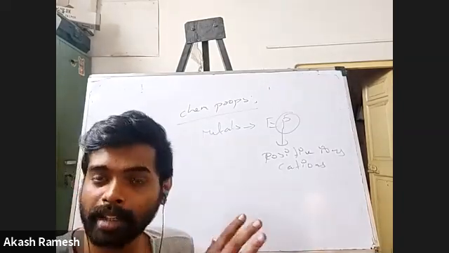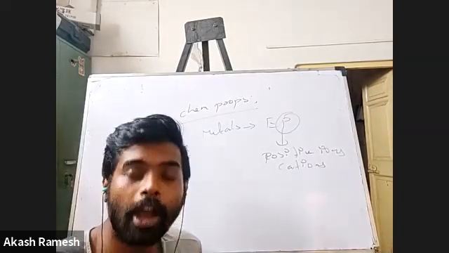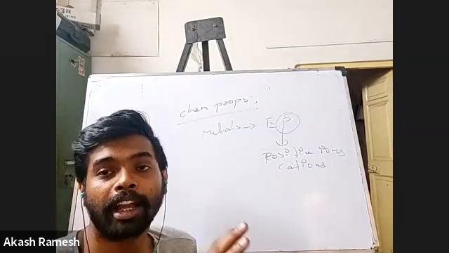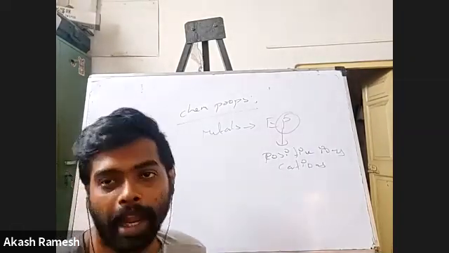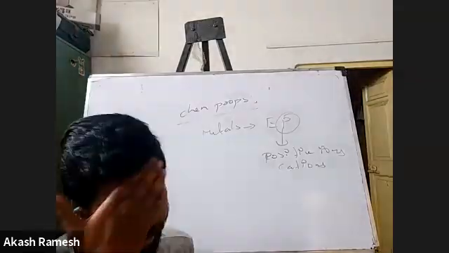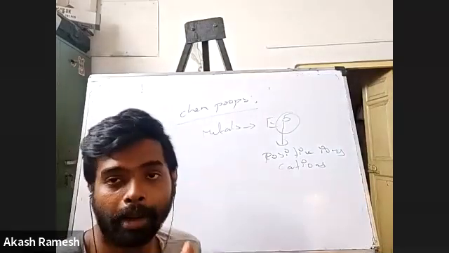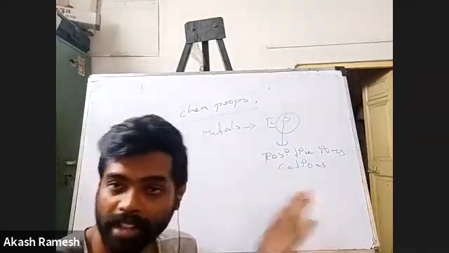So either you can say electropositivity means the ability to form a positive charge or a cation, or you can say that it is the ability of the element to lose electrons. Either way, you're going to end up with the same thing. That is, you're going to form the cation. So if I have an interaction between a metal and a non-metal, say for example sodium and chlorine, sodium always forms the positive charge because it's a metal.